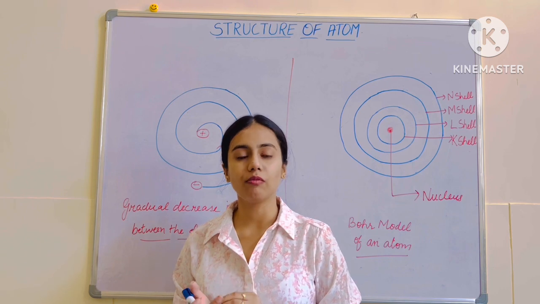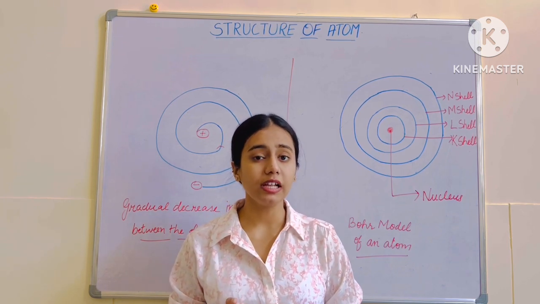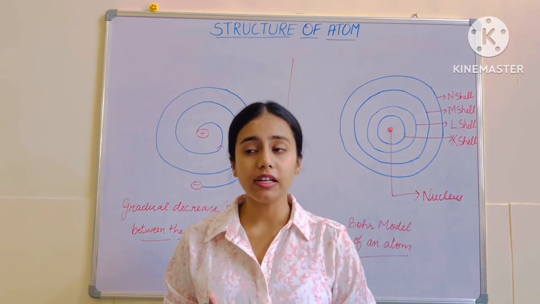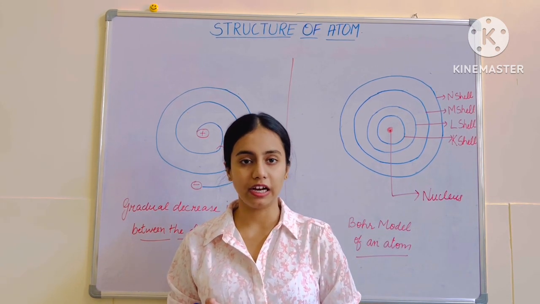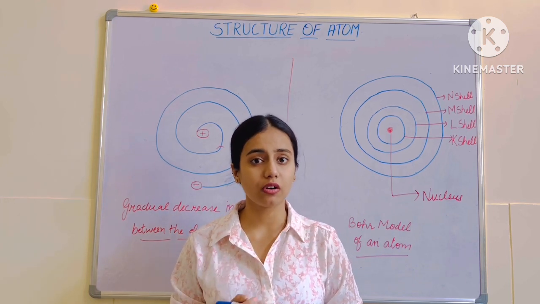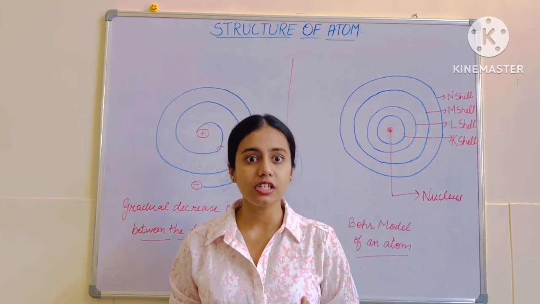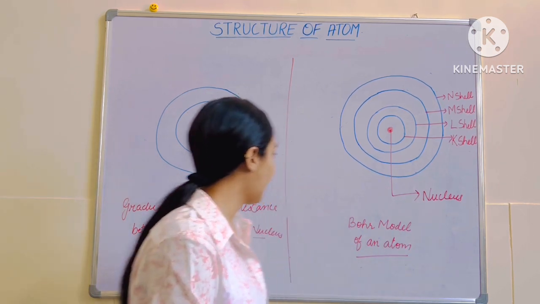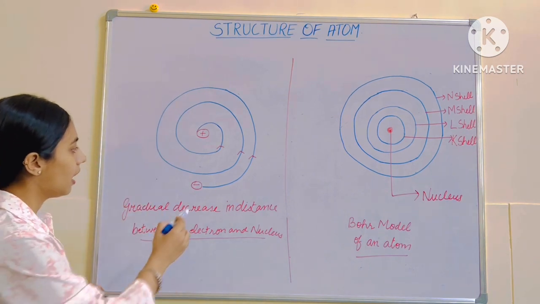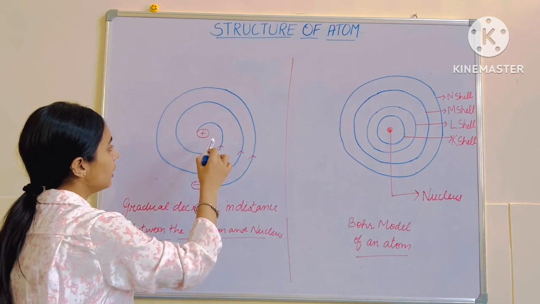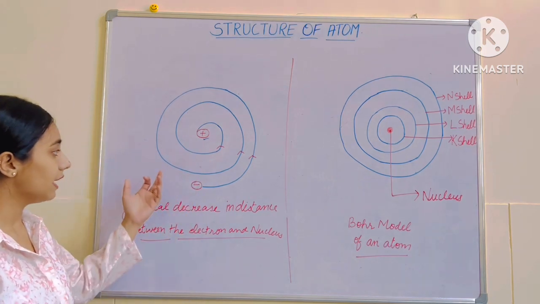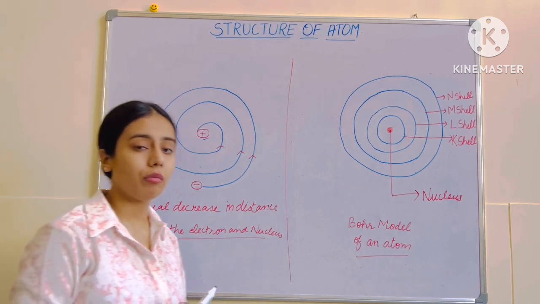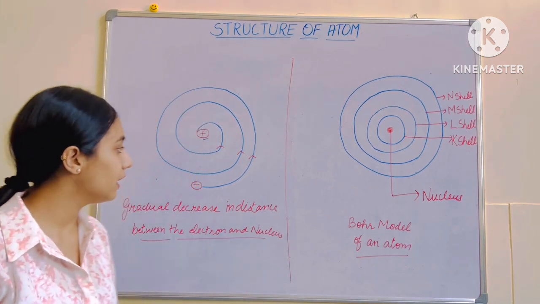Now, a problem was raised by Maxwell. He said that any charged species, here the electron, revolving in a circular path may radiate energy, and after some time it may fall into the nucleus. Like we have shown in this diagram, by following a spiral path, it falls into the nucleus. But if this were the case, then the atom would be unstable. So the Rutherford model was discarded,